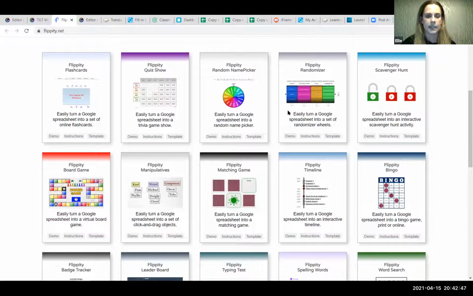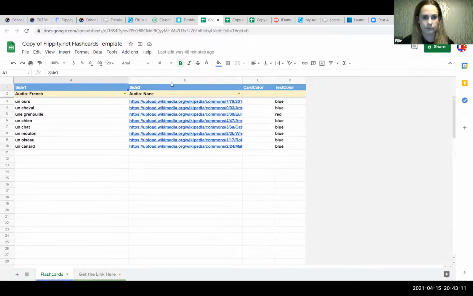Flippity can look a little bit complicated to start with, but all of the elements have a little instruction text that go with them. So if you're unsure about how to use them, then you can just click on the instructions and that will help you. There's 3 things that I've been using a lot in the classroom, well, that I used a lot during lockdown and that I'm using a lot now that I'm back in the classroom. One of them is these